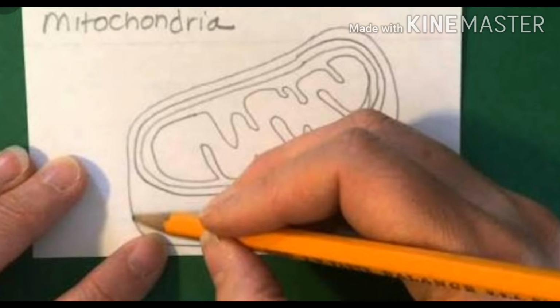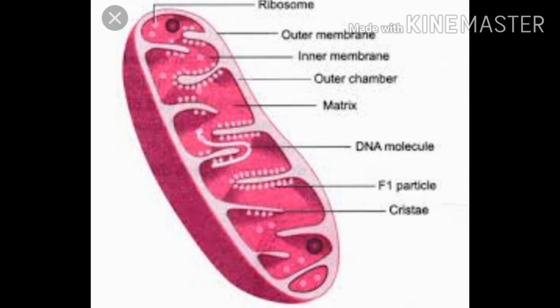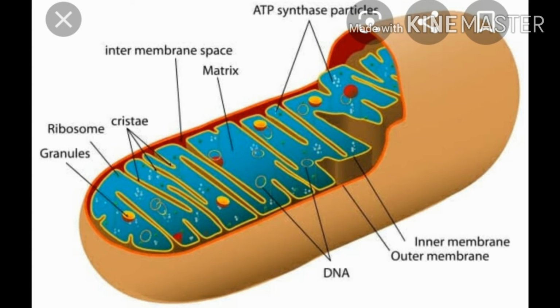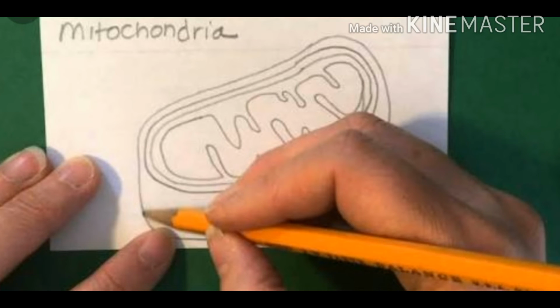Now comes the mitochondria. Mitochondria have a two-membrane covering and they are known as the powerhouse of the cell. The outer membrane is porous while the inner membrane is deeply folded. The energy needed for our body to do all its activities is released by mitochondria, and the energy is released in the form of ATP molecules. The full form of ATP is adenosine triphosphate.